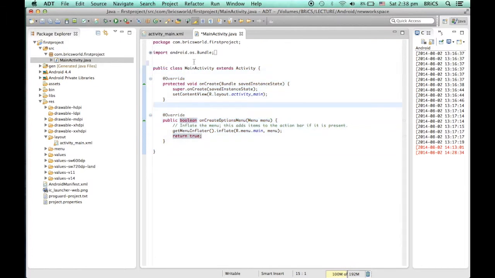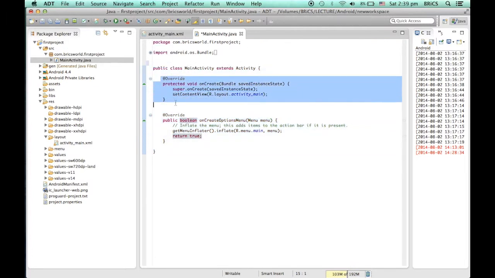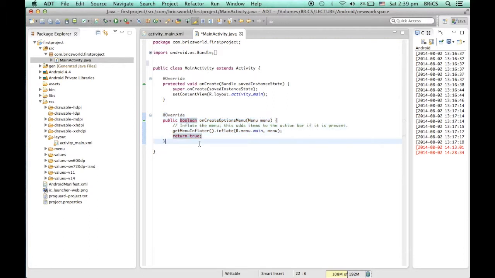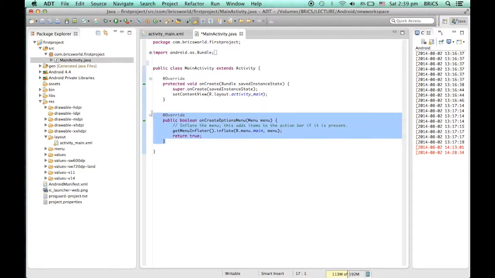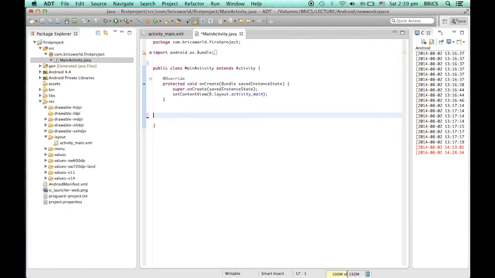Inside this class we have two methods. One is named onCreate and the second is named onCreateOptionsMenu. If you want, you can leave it, or if you don't like lengthy code, just delete the lower method. For now, we will use only this onCreate method.